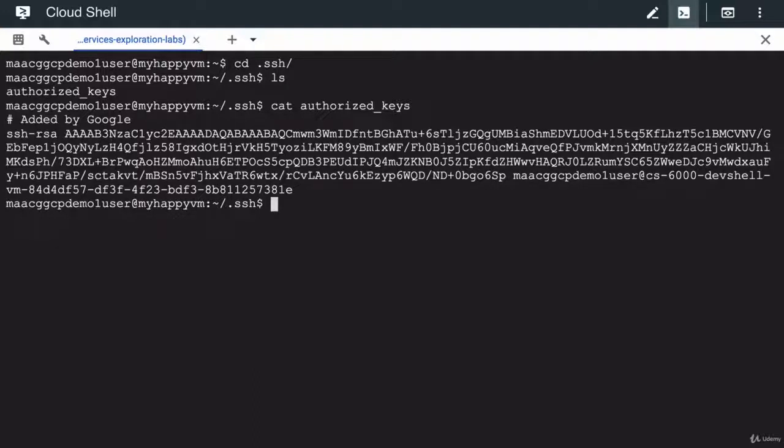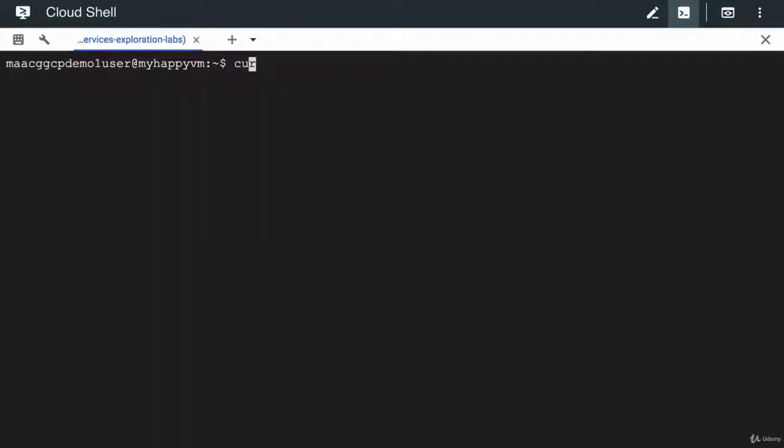But the question still remains, how did this public key that we generated while the machine was running make its way onto this machine? How did this MyHappyVM know to accept a connection from us? Why would it trust us? And the answer to that is in the metadata that I pointed out was being logged about when gcloud compute ssh was first running. To look into this, we're going to use the curl command again, and we're going to go to